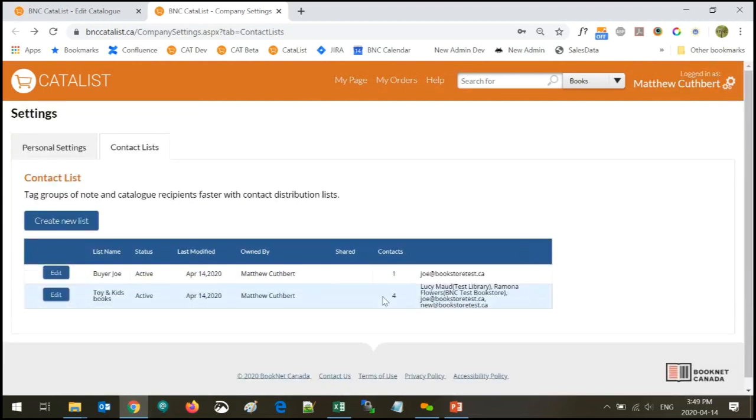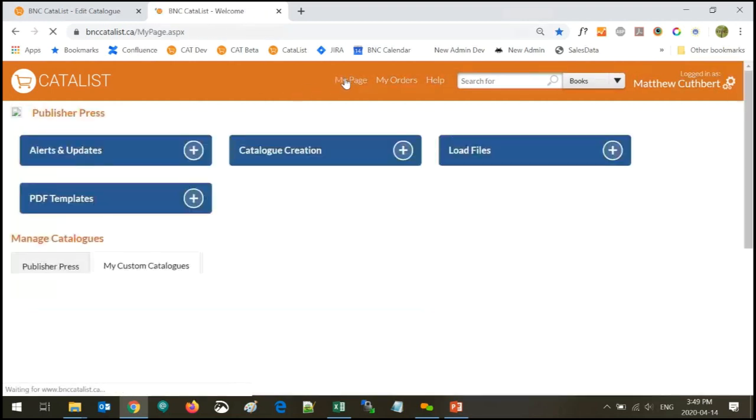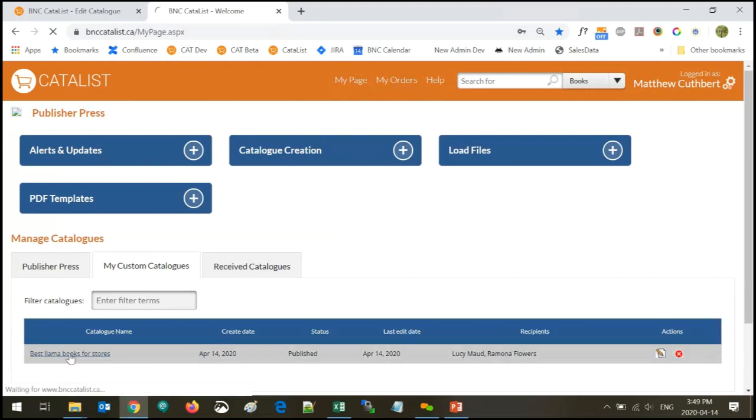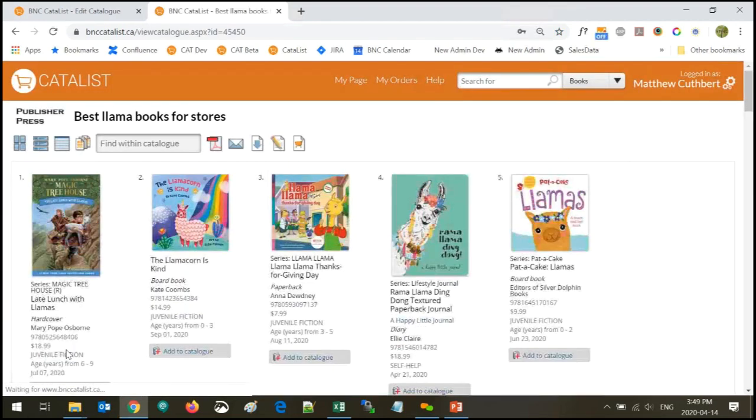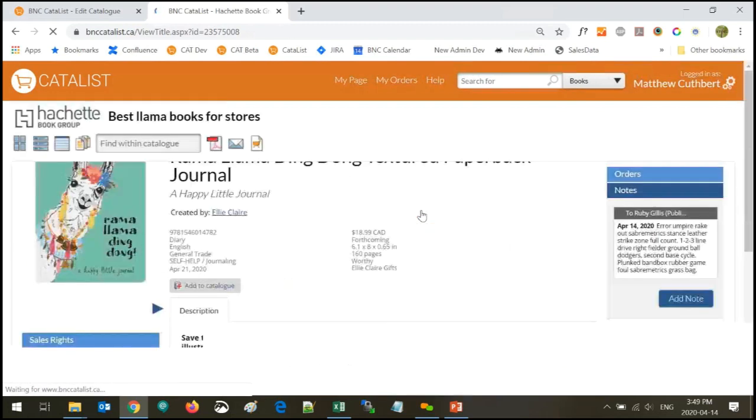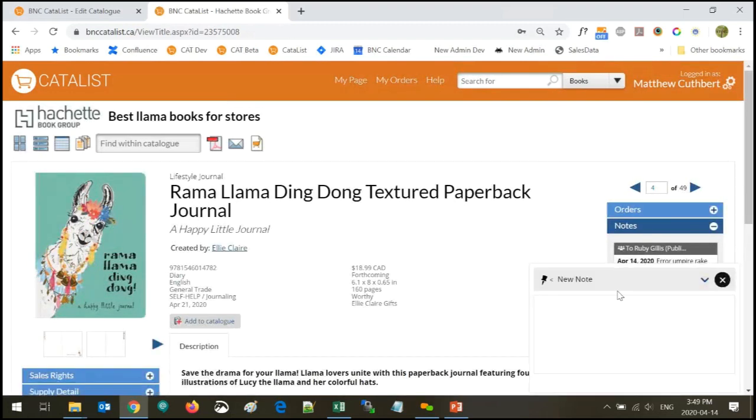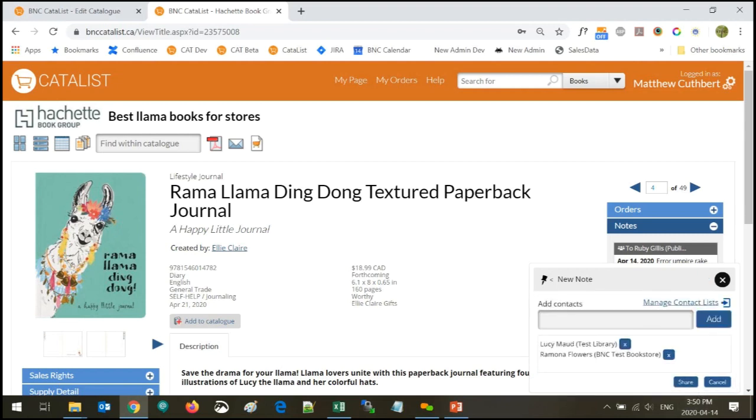I can see who's in those lists. I can see how many contacts they are. And then same thing, whether I'm adding a note or I'm managing with two catalog recipients, new shared note, and I can share. This is already shared to Lucy Maud in the test library, but I can actually just add the